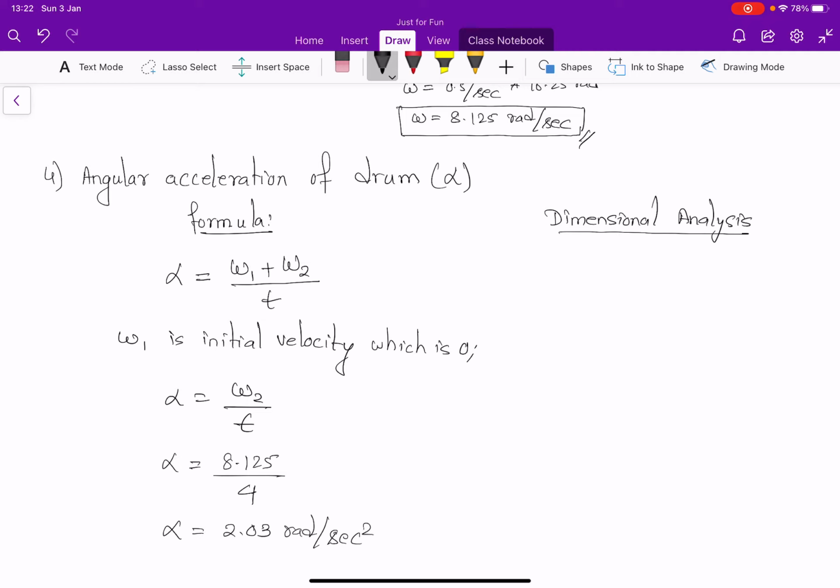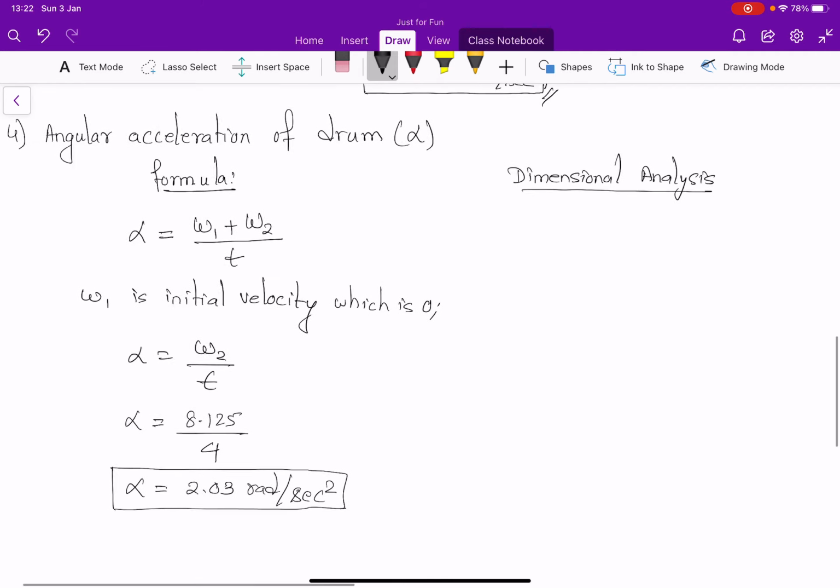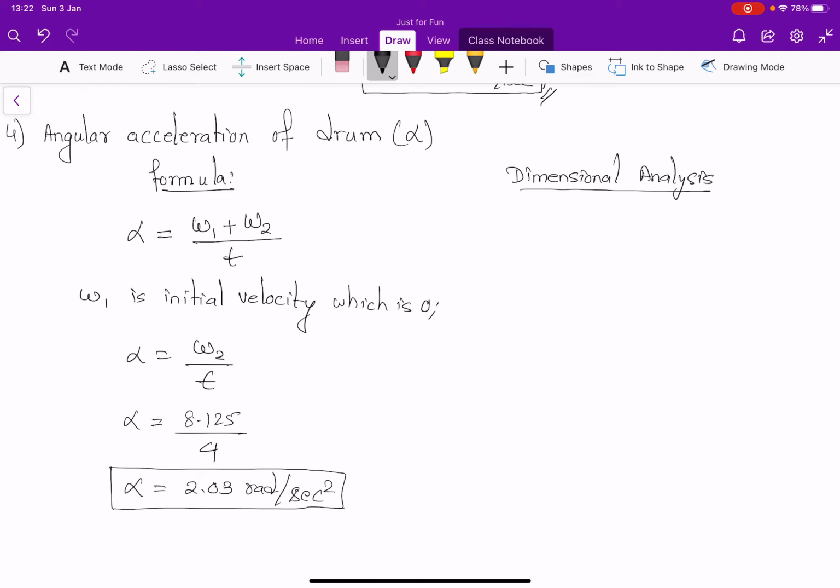And yeah, it makes sense as well because it's our acceleration, so we should get radian per second square, and that satisfies this answer. Now what about the dimension? For dimension, we can do exactly the same way, and we can use this relationship. Our relationship is alpha equals omega divided by t,